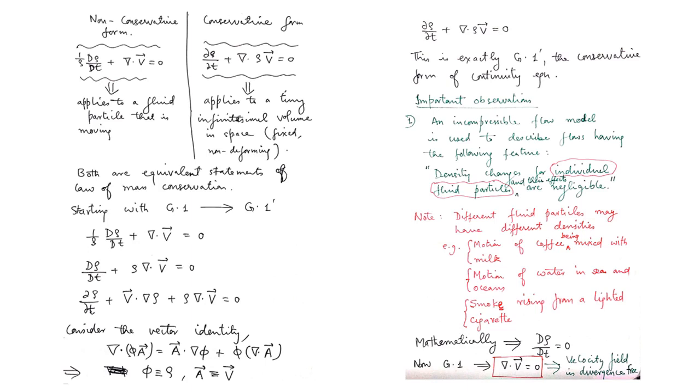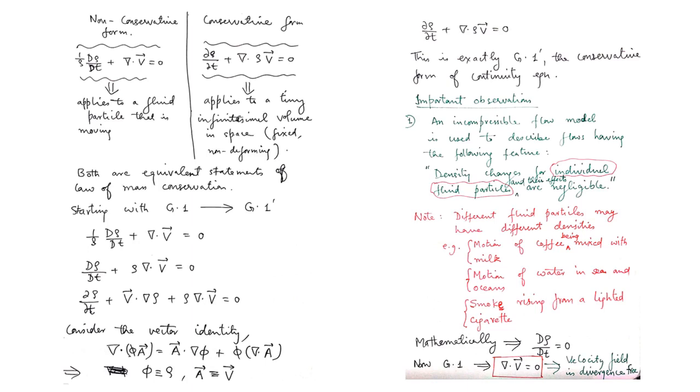Which means you need to have a very clear conception of what an incompressible flow is. Many times when we ask students, they simply say density is constant. This is a wrong answer for an incompressible flow. Mathematically, if you have to answer what an incompressible flow is, you must say that the material derivative of density with time should be zero. Material derivative automatically means for an individual fluid particle.